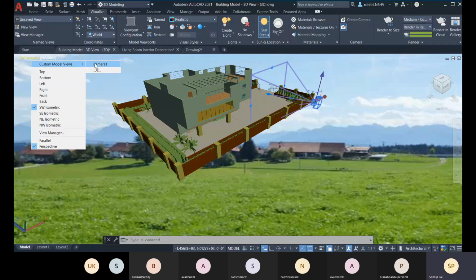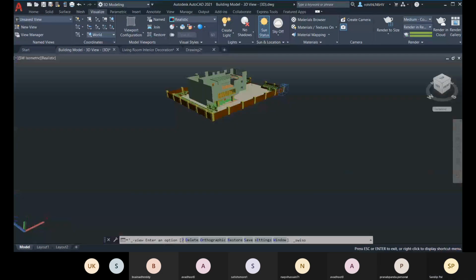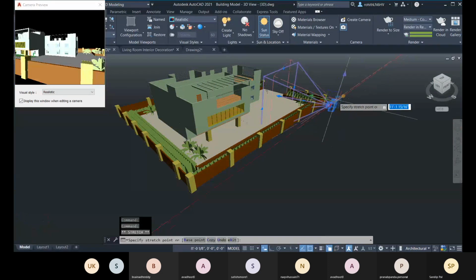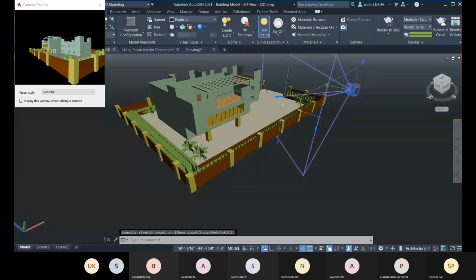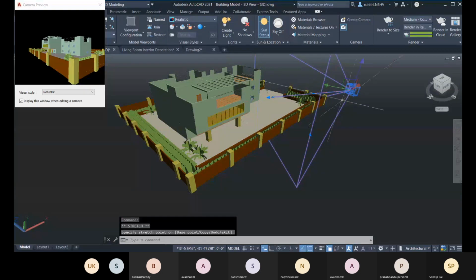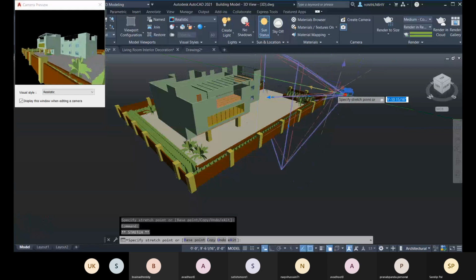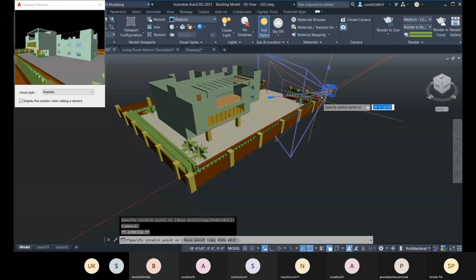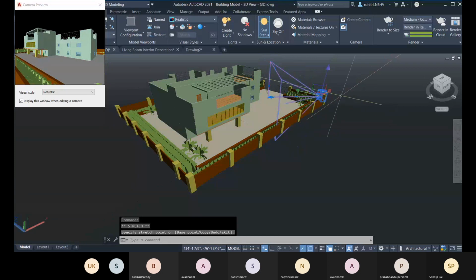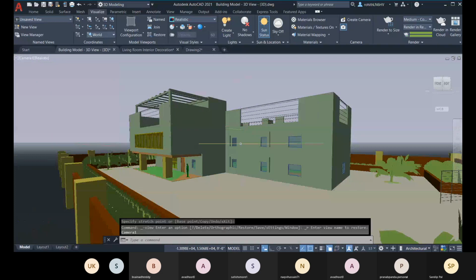Now let me check the camera view. Yeah, so let's go for it.